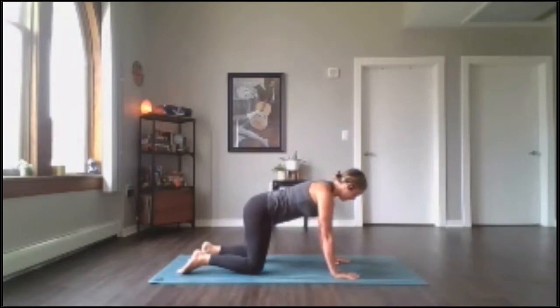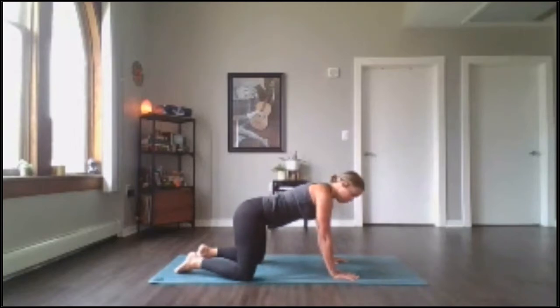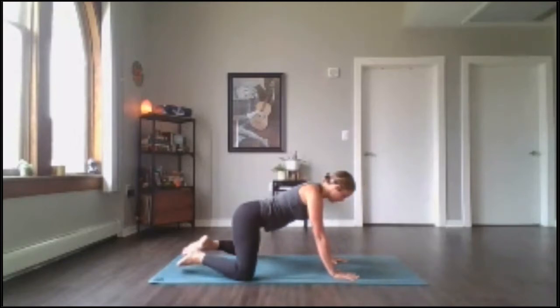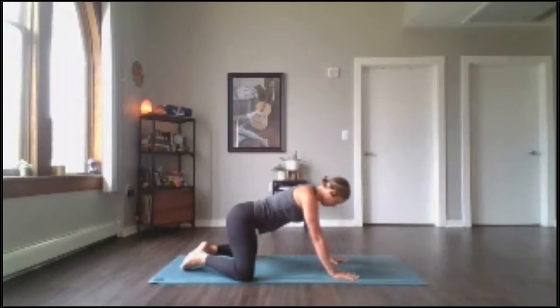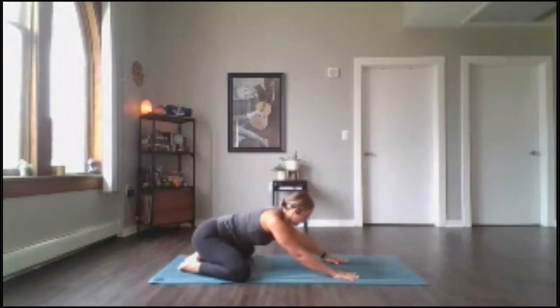So just like from seated, remembering what that looks like. Shoulders in line with the hips, crown of the head sort of in line with the back body. And then you're going to bring your knees out wide. If you're using a mat, bring them to the sides of the mat. Bring your two big toes together and then start to stretch your hips back to your heels for a child's